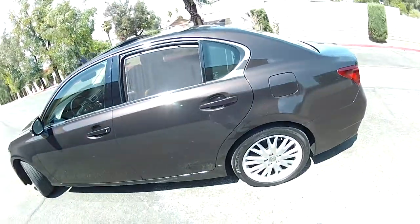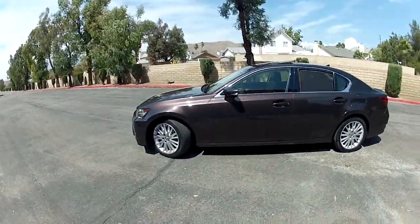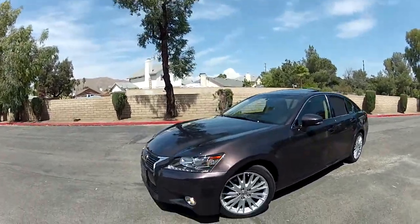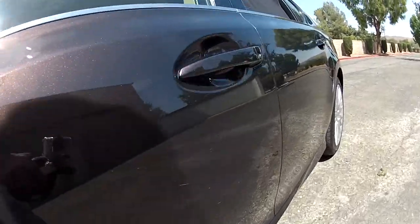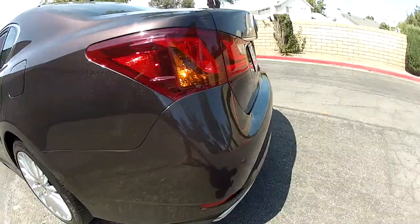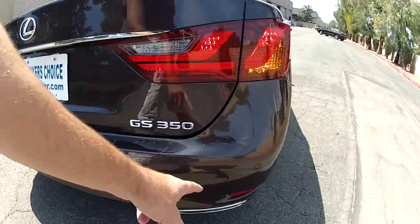I'm going to go more about the interior features, but I want to set this car apart. This is the first one I've had like this, and it's an extremely clean car. I go right down the side. There's no dents in it. Tires are in excellent condition. I'm going to do a separate video of showing the body, and this has the rear and front parking sonar